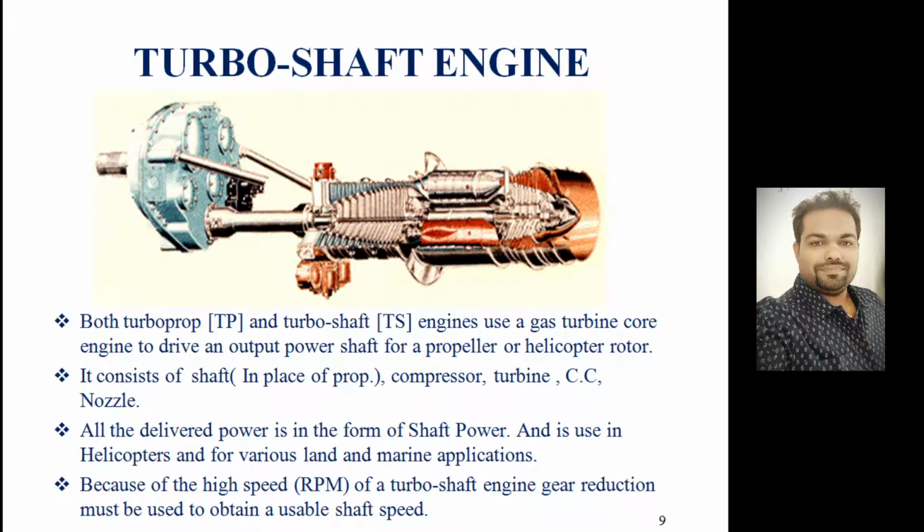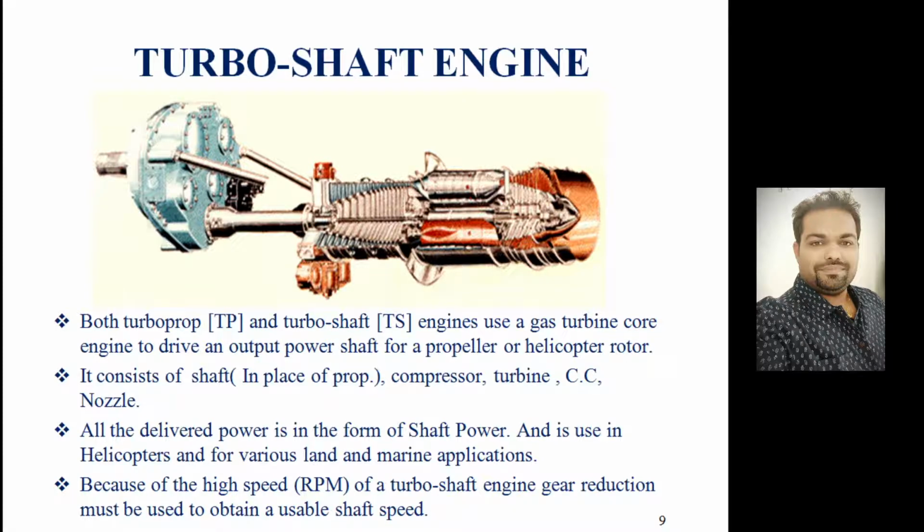If you go to the turboshaft engine, basically the turboshaft engine finds application in helicopters. So if you look at here, this is the reduction gearing mechanism. Then there is a shaft, and over that shaft, usually a propeller is attached. It will be oriented vertically, and may be oriented sometimes horizontally in some of the helicopters. So it is basically both turboprop and turboshaft. If you look at the working, it's not a combination; the working of turboprop and turboshaft is almost similar.